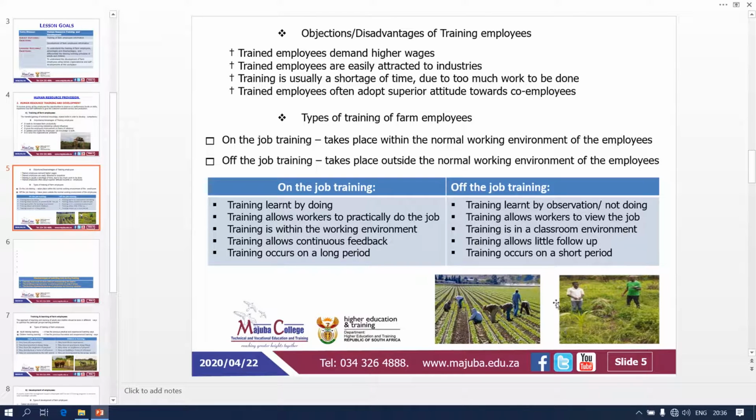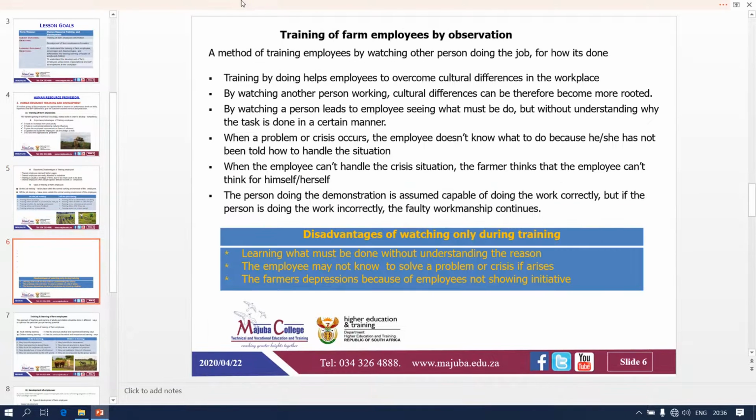You might find there are 5 of them doing nothing. They're just walking, looking at this fellow without doing. A method of training employees by watching other people doing the job to see how it's done. So you're just looking. Right. We said training by doing helps employees to overcome cultural differences in the workplace. Right. Now, if you are not doing that, by watching another person working, cultural differences can be rooted,